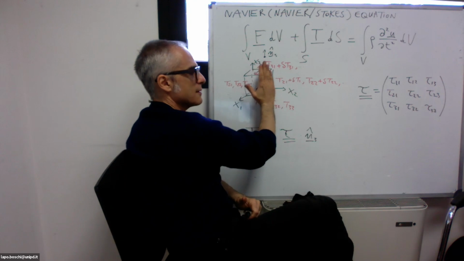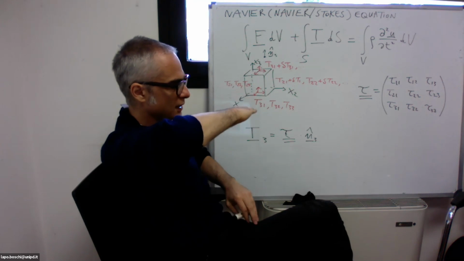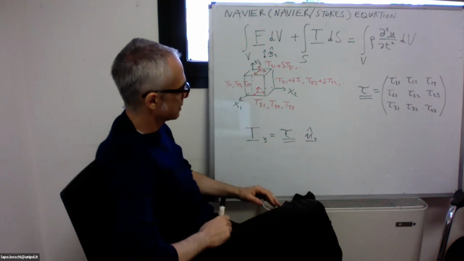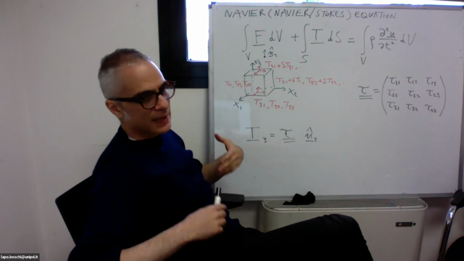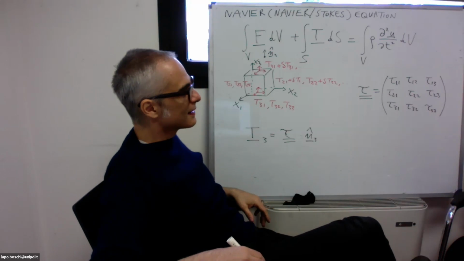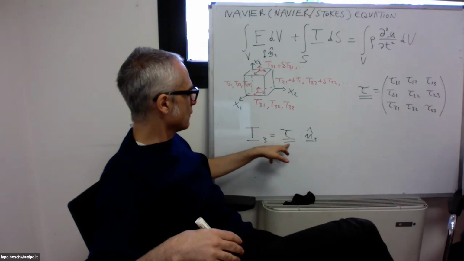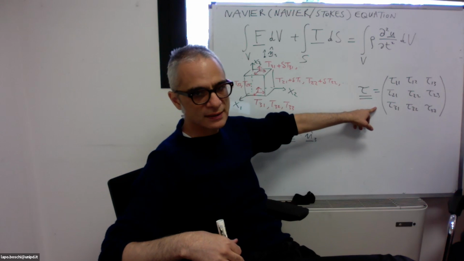T2 is for surface number 2 that points that way, and T3 is for the upper or lower face, surface number 3. It gets complicated, but in principle, one could prove that it's enough to define a tensor tau like that,